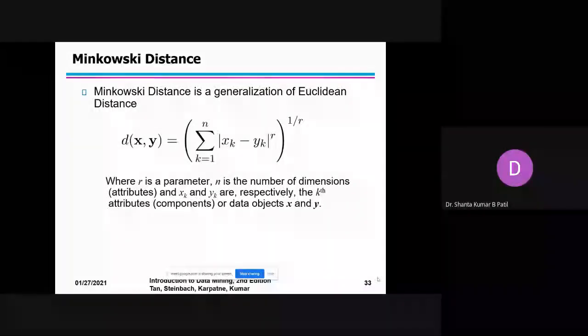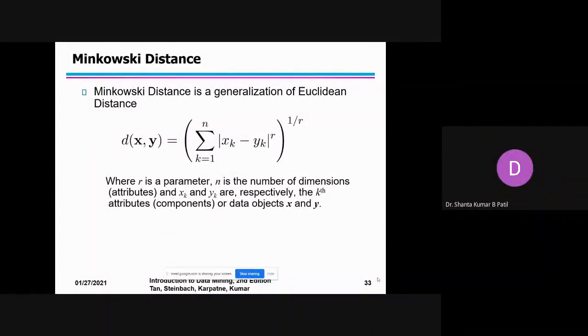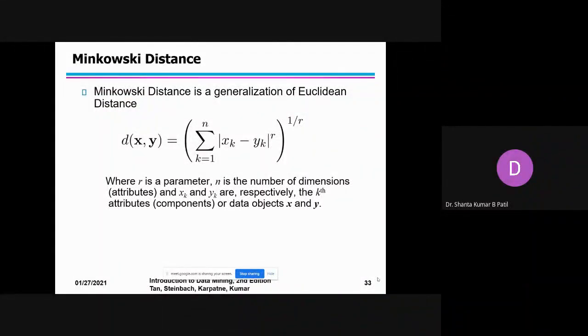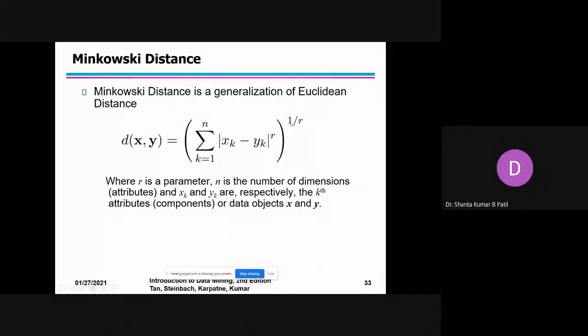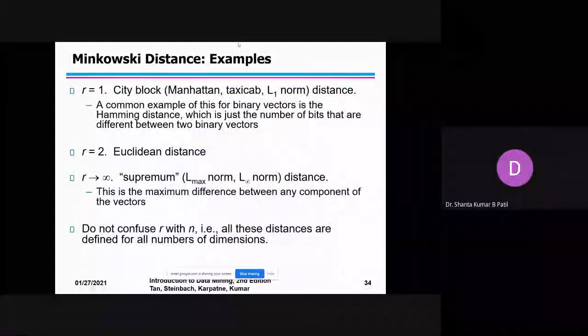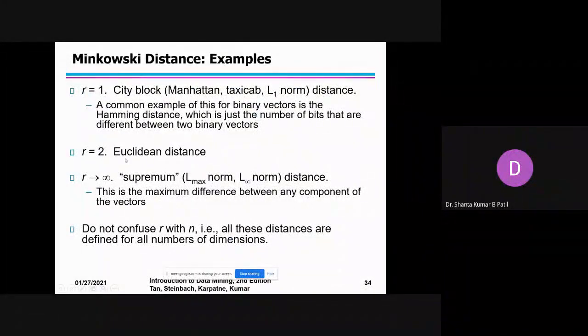First we will see the Minkowski distance. Minkowski is almost like the Euclidean distance. The only thing is that Minkowski redefined the equation. When you vary the parameters, we can get different patterns of the mathematical equation. If R is equal to 1, that equation we call the Manhattan equation. When R is equal to 1, it is called the Manhattan equation.